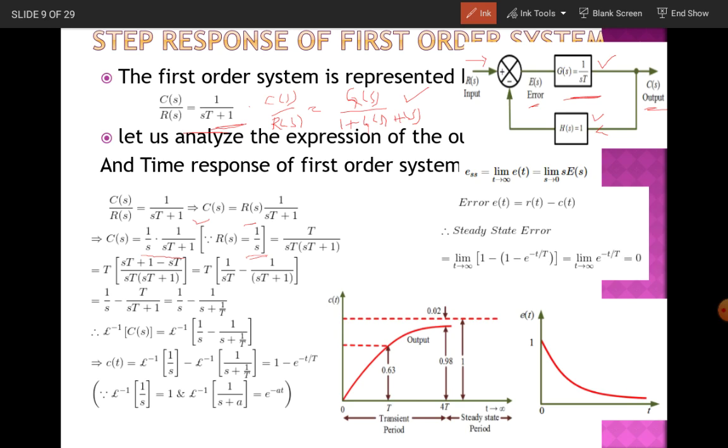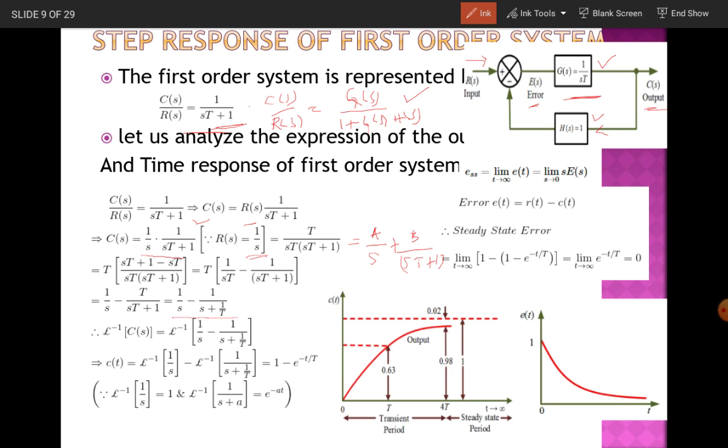The next step is we have to find out C of t. So naturally we have to take the inverse Laplace transform for this expression of C of s. So directly we cannot take the inverse Laplace transform. So what you can do, by using the partial fraction method, you split this expression into this form. So normally what we do in the partial fraction method, this can be written as a divided by s plus b divided by sT plus 1. So in this you can find out what is a and b, the coefficients a, b.